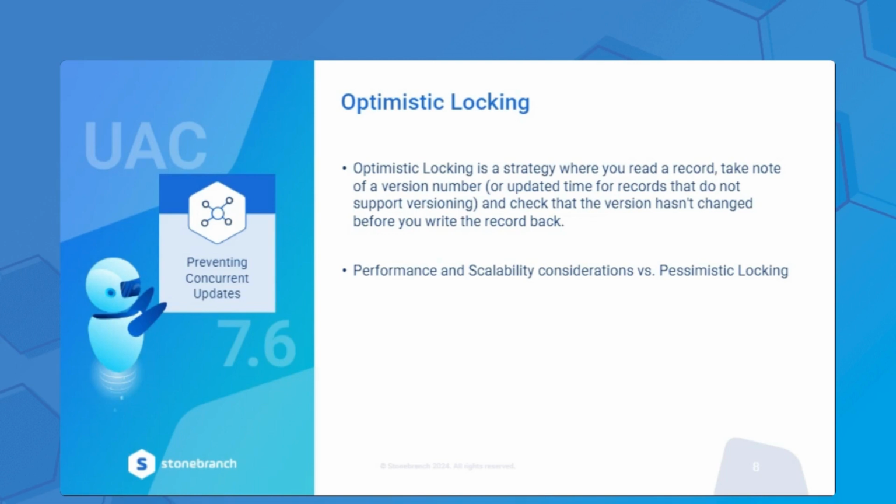Stamp for that record and check that it hasn't changed before we write it back. The disadvantage of that is that if someone else has updated it, you're kind of stuck. But it does stop you from doing that last-update-wins. Pessimistic locking means that we'd lock the record in the database if someone edits it, but there's all sorts of